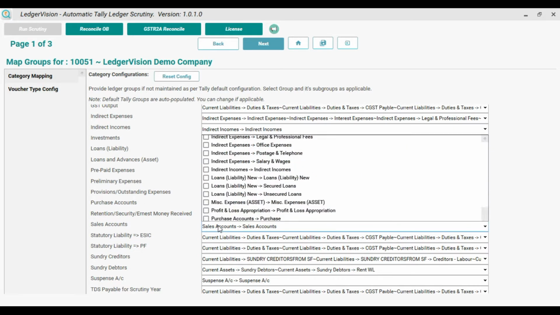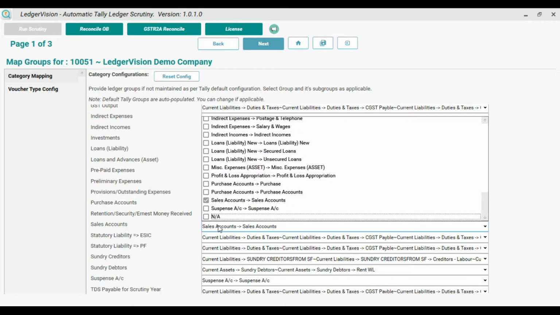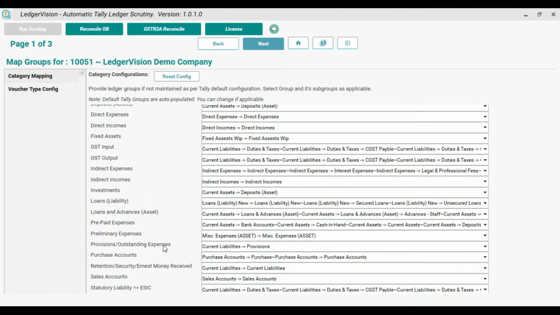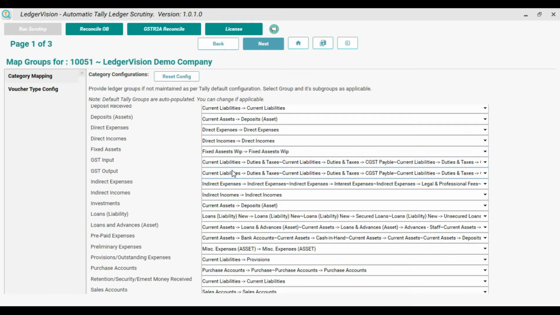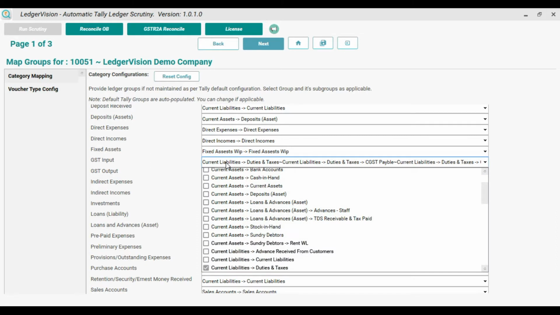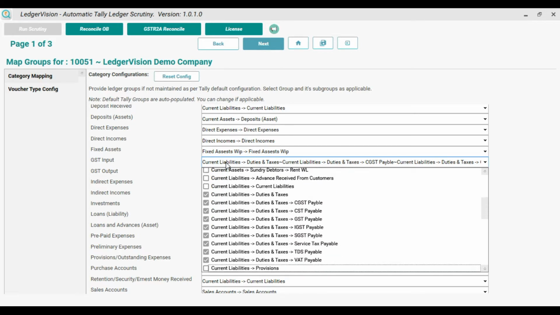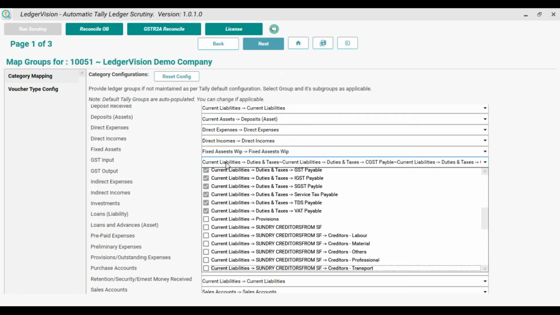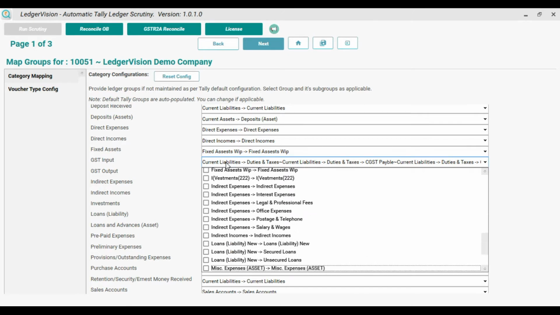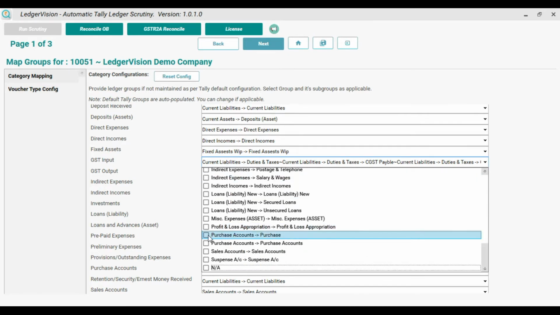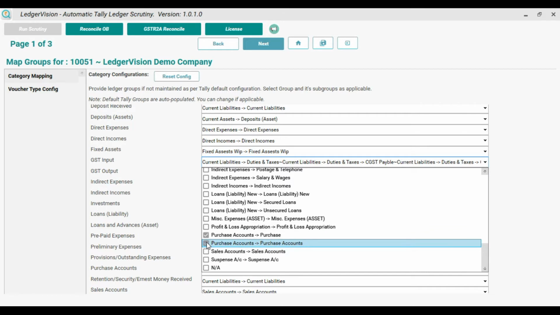What is configuration? You just have to click, see the headings with required configuration, and tick. Now you can see GST input and GST output are separately given. This is very important because by default Ledger Vision is trained to capture the GST ledgers from duties and taxes, but if any user has kept the ledgers under purchases, for example if input is kept under purchases, then you have to go to purchases and tick the ledgers.